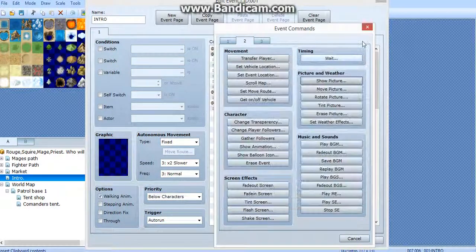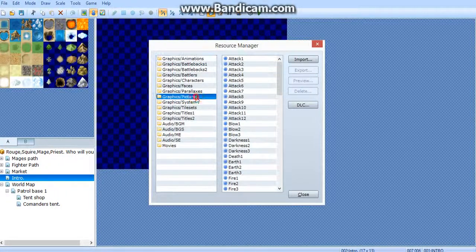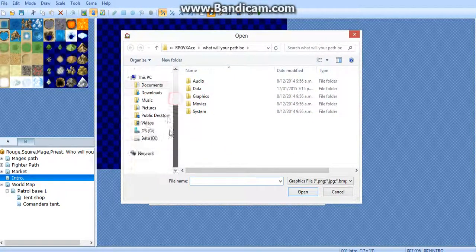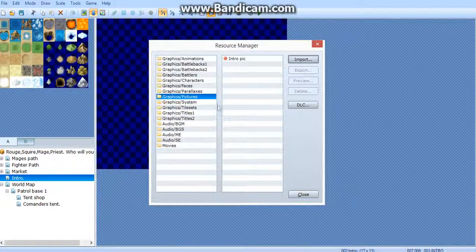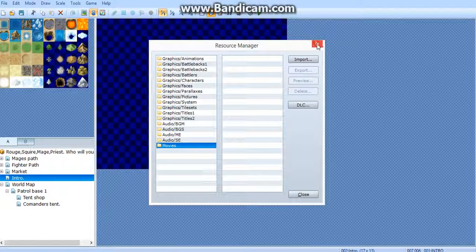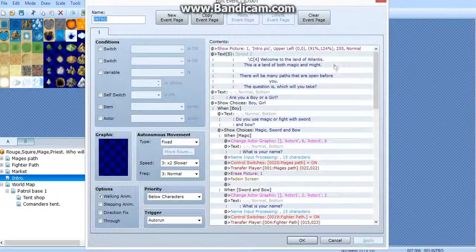Now to do this, you have to import a picture. So we go to the resource manager, we go down to pictures, and we click import. You now find a picture on your computer that you want as your intro picture. What you can do is go online, find a picture you like, or create your picture yourself. So once we've imported the picture,